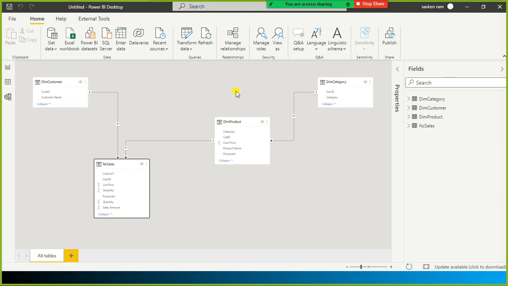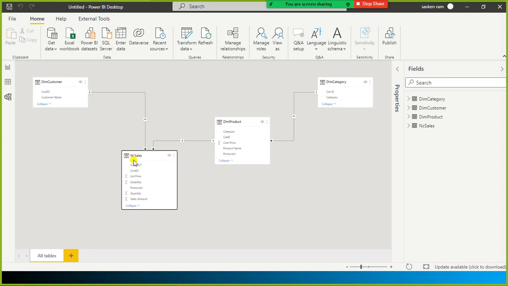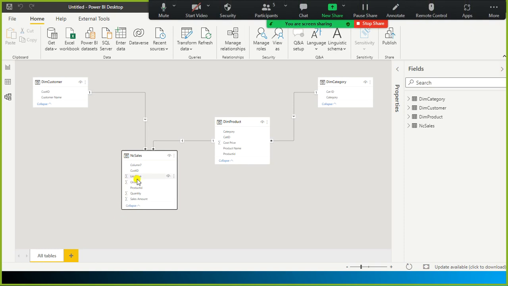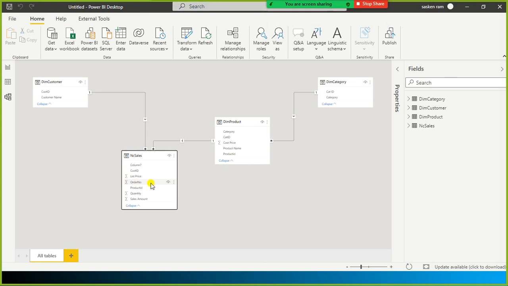The situation is, as I told you, the customer and product tables have a many to many relationship. Anyhow, we have a junction table, which is nothing but the fact table in this case. In a star schema we don't call it a junction table, but keep it at the back of your head. In this you have the customer ID, and the product ID is also there. And also you have the measures, or facts: quantity, sales amount. These are called your facts or measures, the numeric variables, including the list price and all.